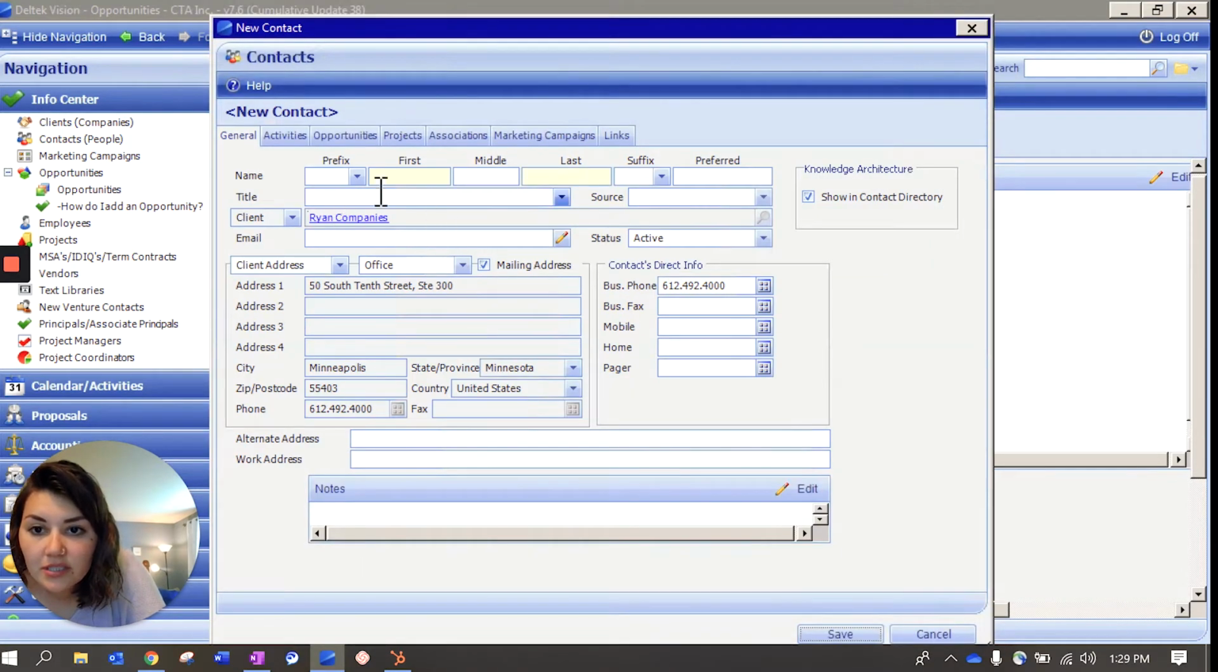And this person's name is Jim Bob. He prefers to be called James, or his name is James, he prefers Jim. Ryan Companies, email jimbob@example.com, and his alternate email is something, something, something. And Jim has been with the firm for 25 years, is the Senior VP of Sales and Living